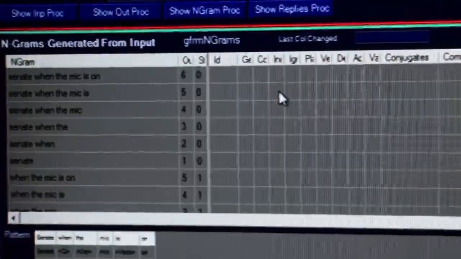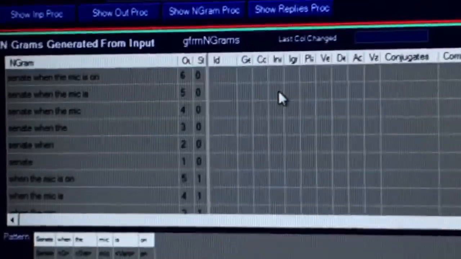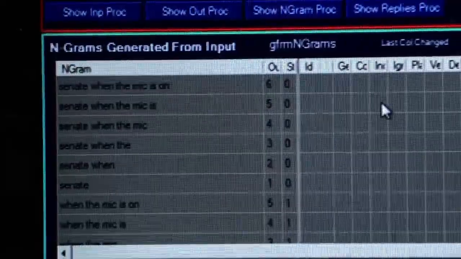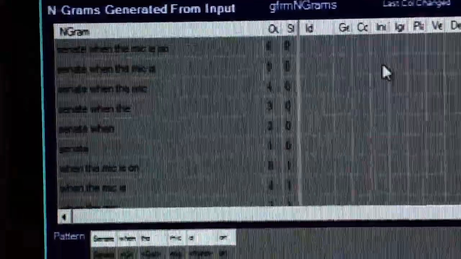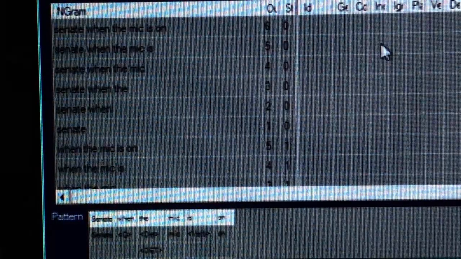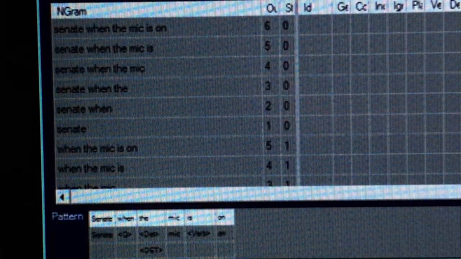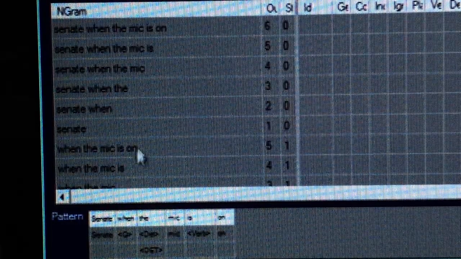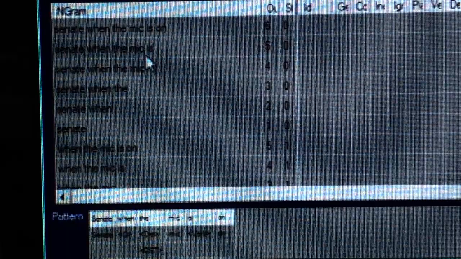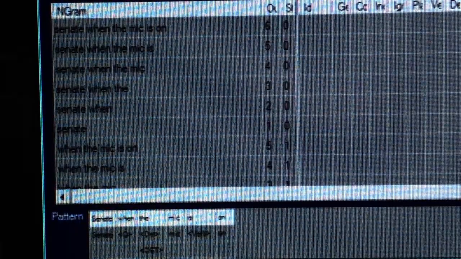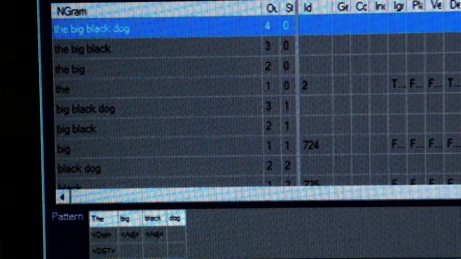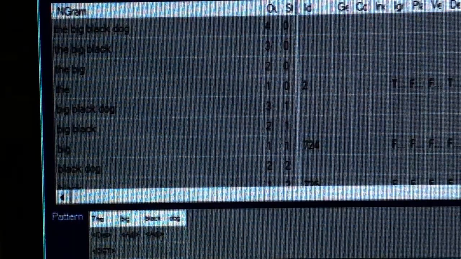is what I call the Engram Processor. And the Engram Processor shows the input, or the engrams that are generated from my input. So if I say something like the big black dog, it's going to make a bunch of engrams out of the big black dog and put them right there. I know that's hard to read. The big black dog. A big black dog ate my homework. Okay, so